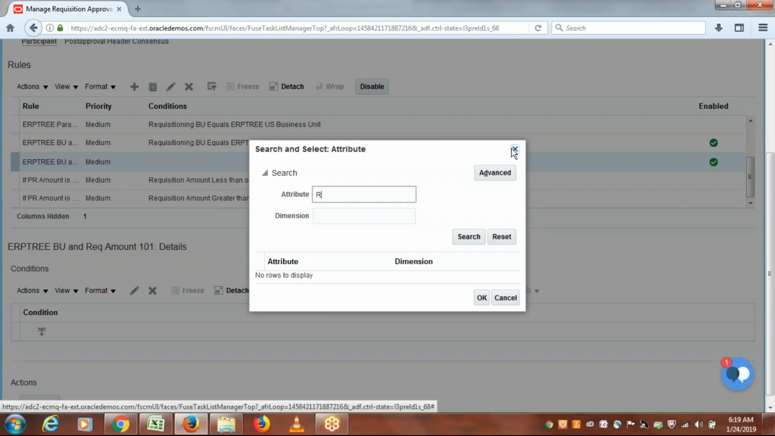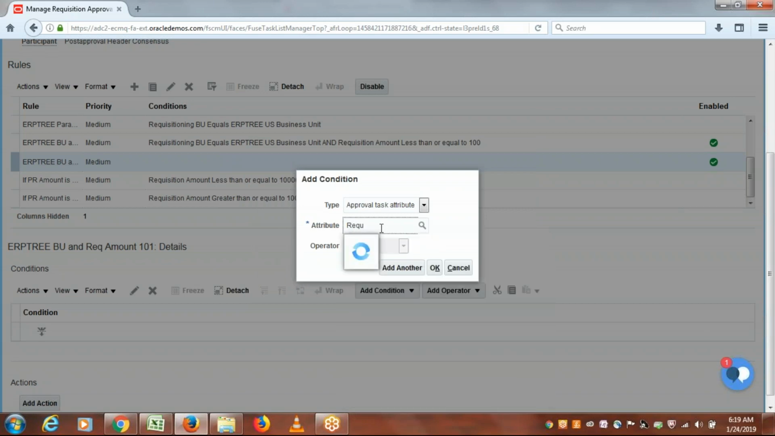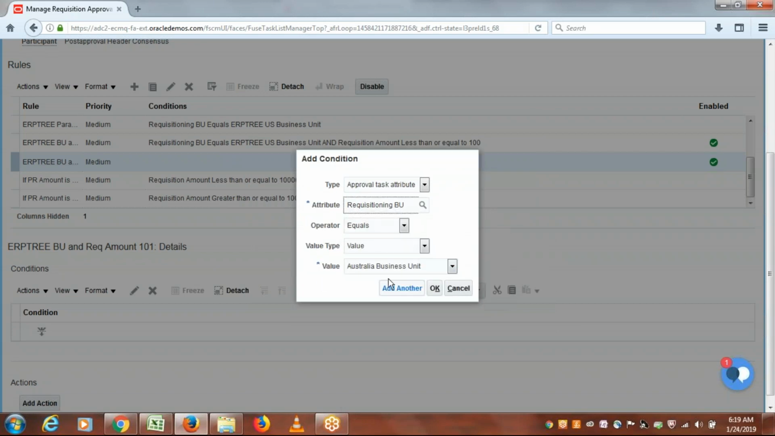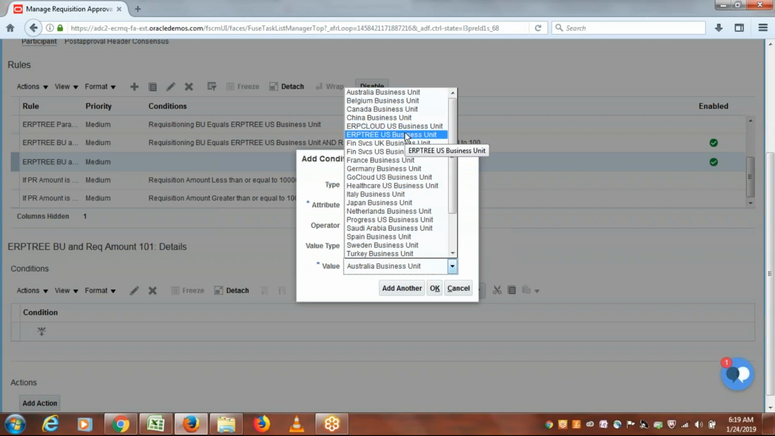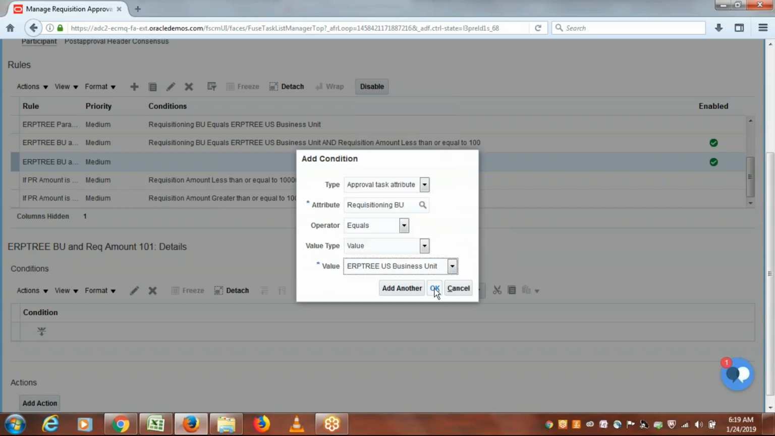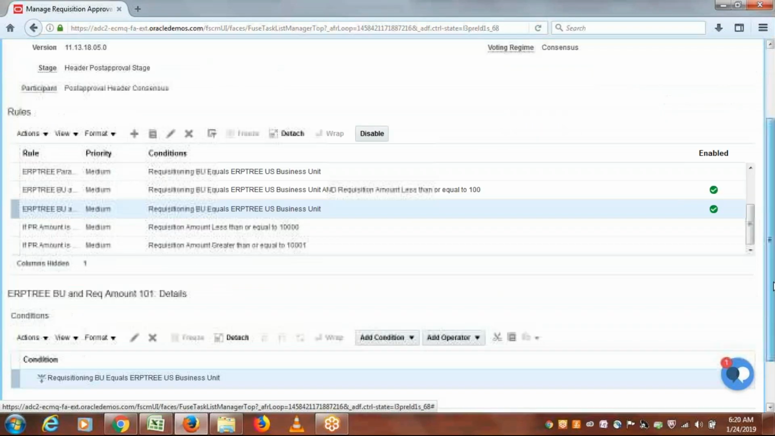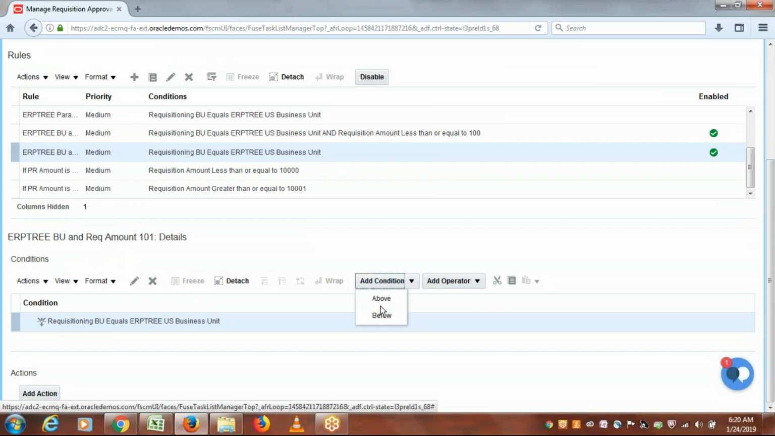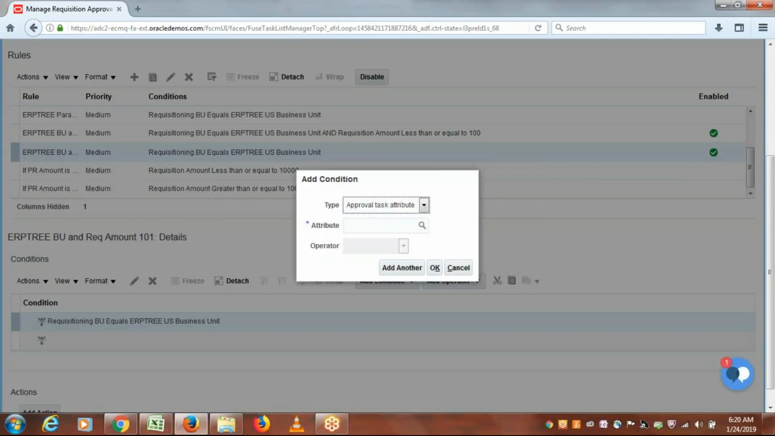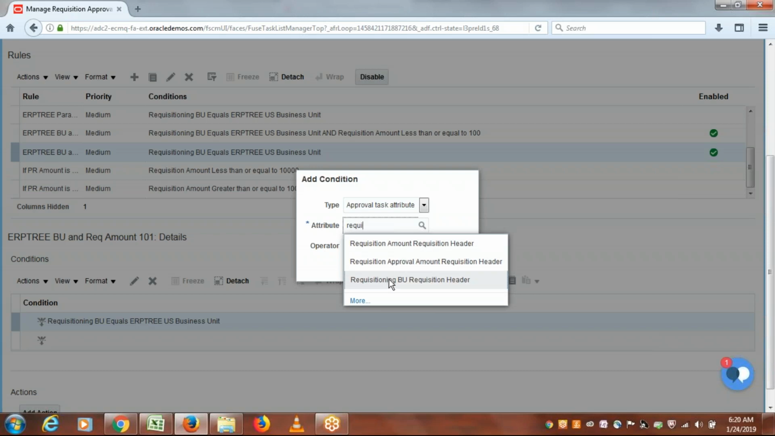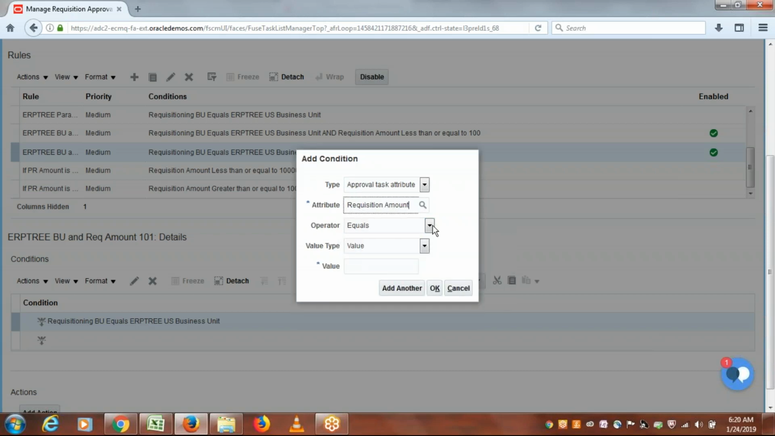Here directly we can type requisition business unit. If requisition business unit is equal to ERP3 and say add condition, say below, add condition below the current condition. If requisition amount is greater than or equal to 101,